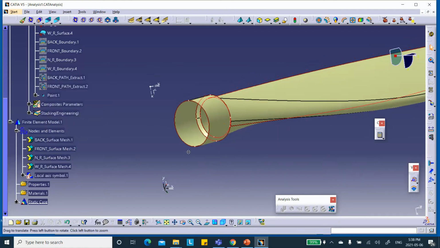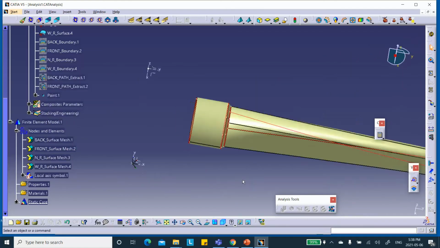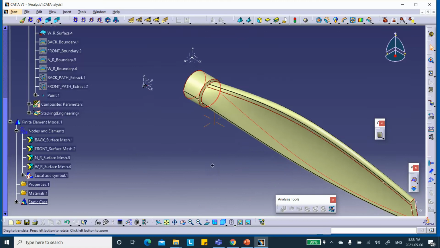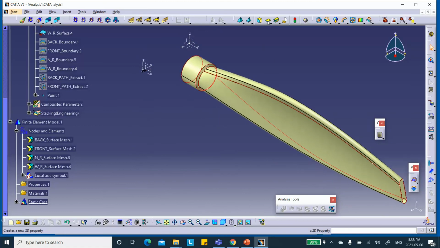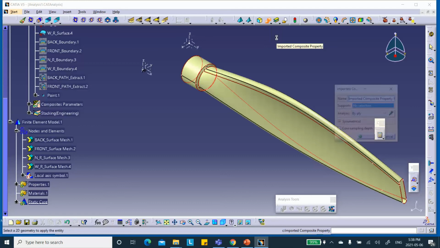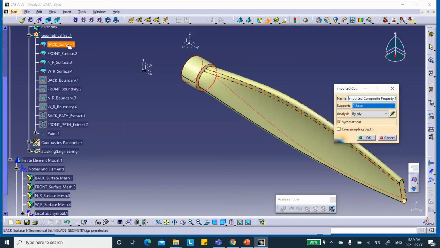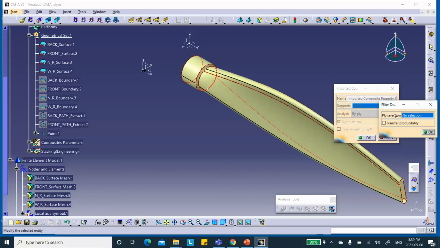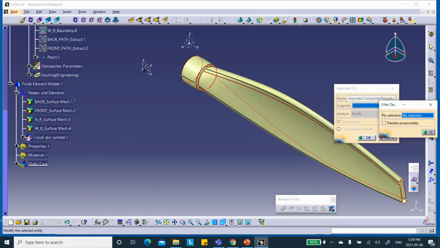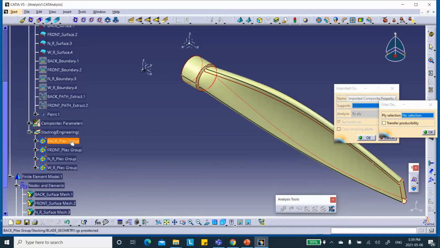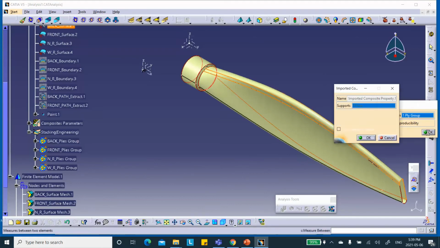All right, so put this in isometric view. Okay, very good. Let us import the composite properties. The support, let's start with the back one. This is the back one. And we're going to do it by plies. So let's go and select the ply group, back ply group. Say OK. And